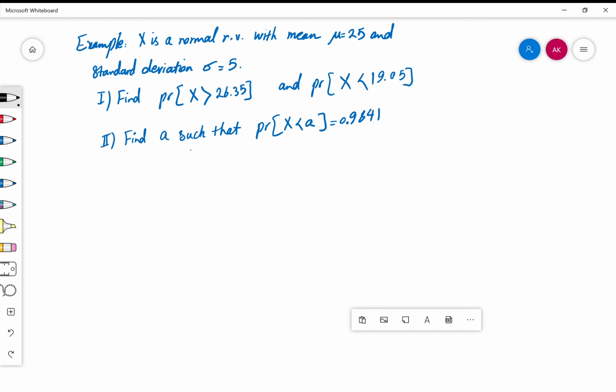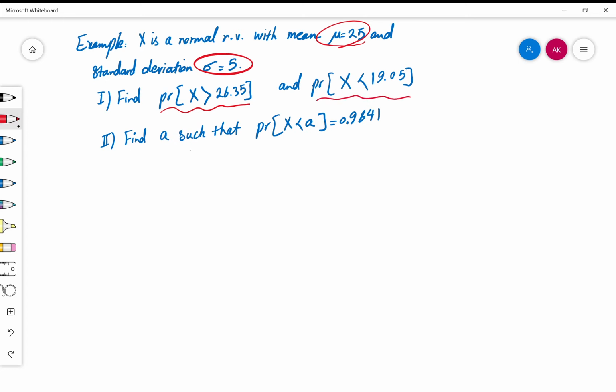Okay, let's do an example in which we turn a normal random variable to standard normal and use the z table for z to find its probabilities. Here we have a normal random variable x with mean 25 and sigma 5. The question asks for the probability of x being bigger than 26.35 and the probability of x being less than 19.5. Also ask for the value of a for which the probability of x being less than a is equal to